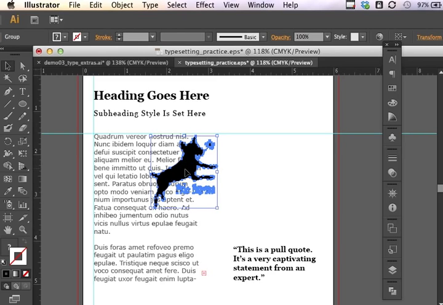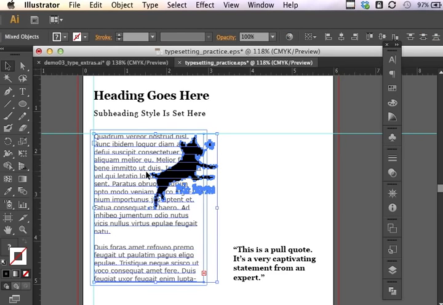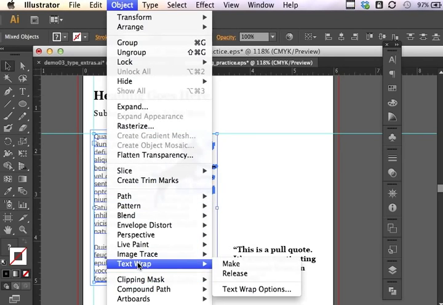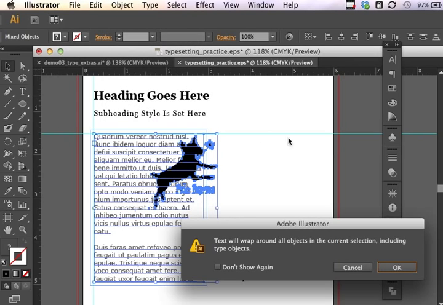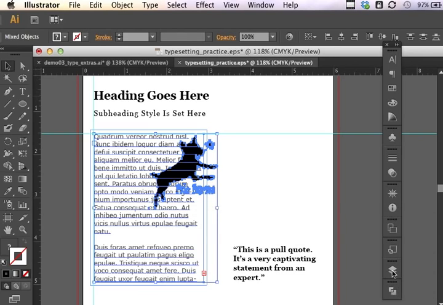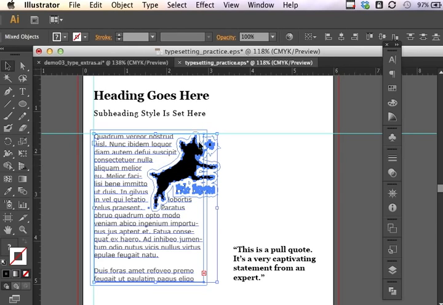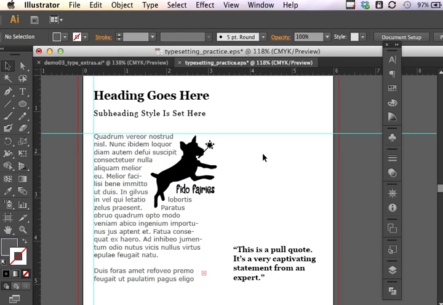And once I have the object placed maybe kind of where I want it to show up or be wrapped around, I select the object and the text box, and under Object, Text Wrap, Make. It gives me a little dialog box saying the text will wrap around all objects, including type objects. Okay. Now, it does put a little default padding around the object. We can take a look at that. Now, that looks pretty good, but if I decide that for some reason I want a little more padding around